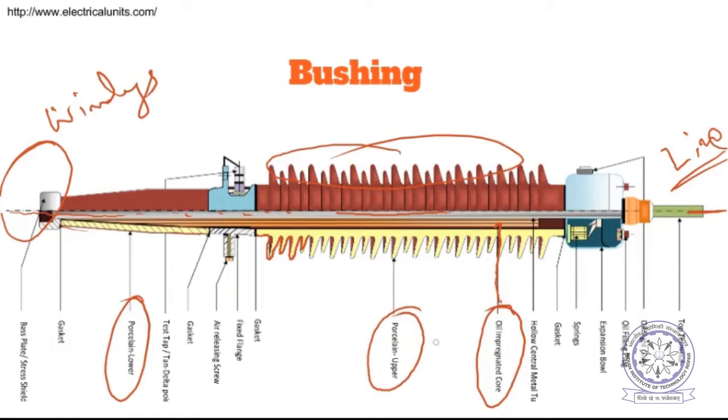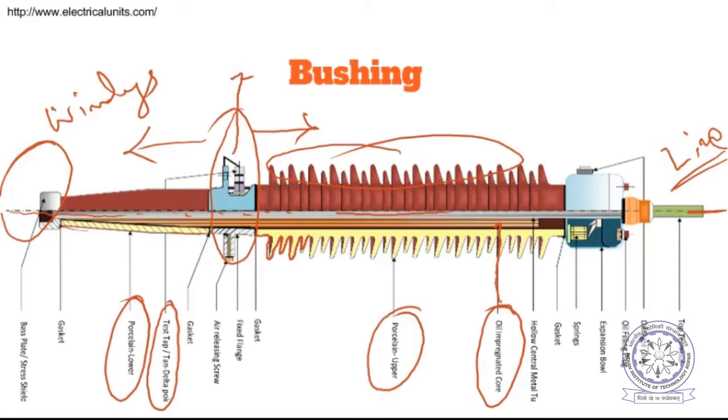And there is, you can see here, this arrangement. This is fixed to the tank actually. This portion is inside and this portion is outside in the air. So this is the basic structure. There is an outlet here also. This is for tan delta measurement. So this is a test tap or tan delta measurement port actually. And there are gaskets here, which will be used for sealing.